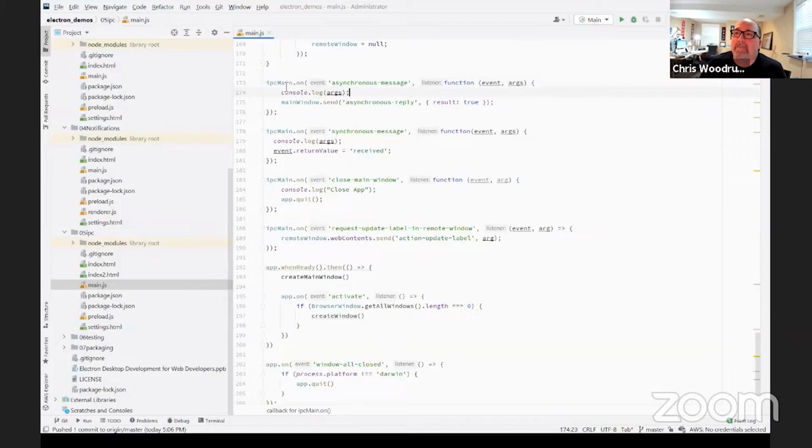So with this IPC main, I could send messages to it, or I could get back and receive some messages.